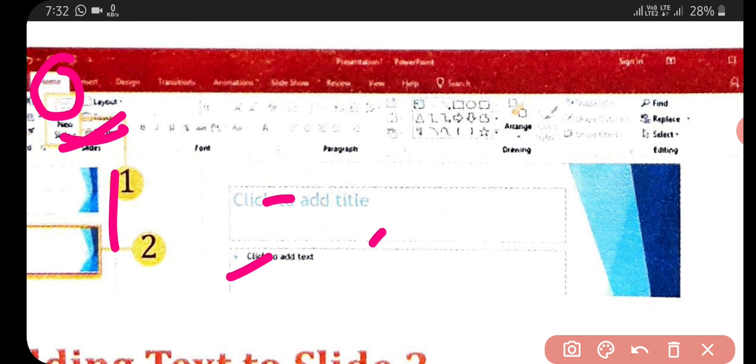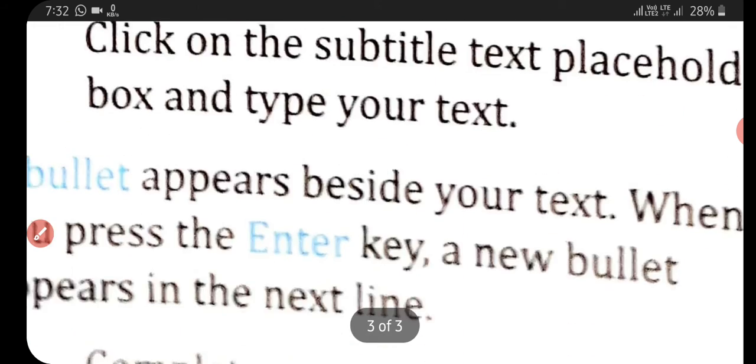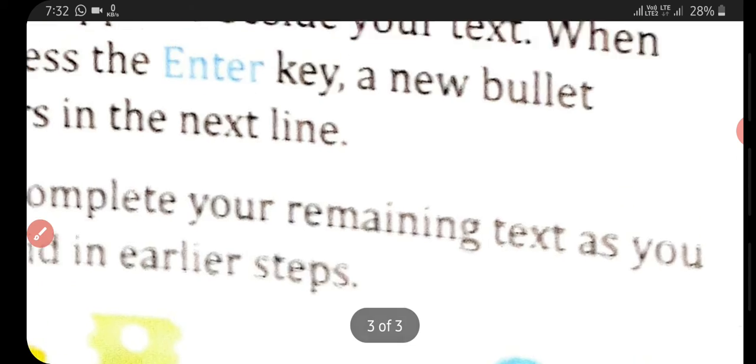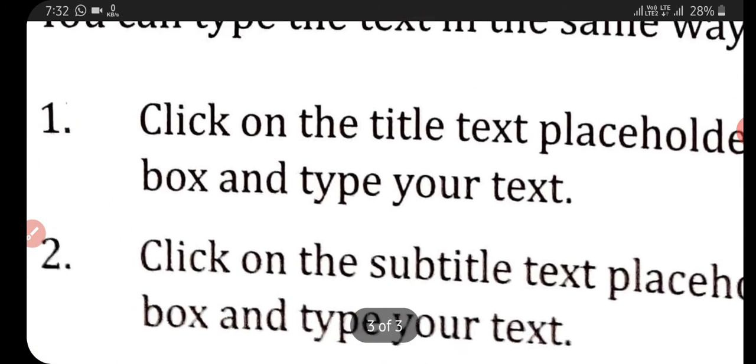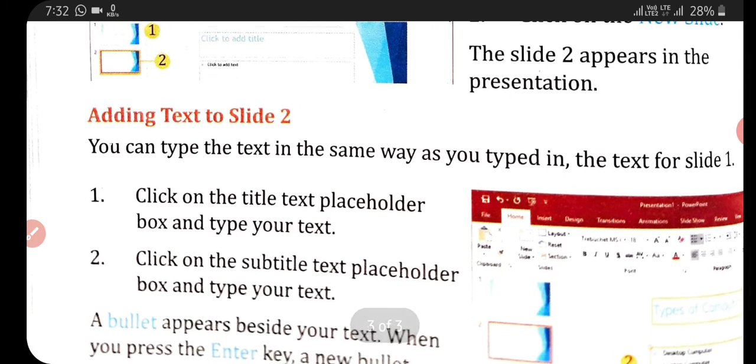So for this you simply add a new slide. Simply add text to the new slide.